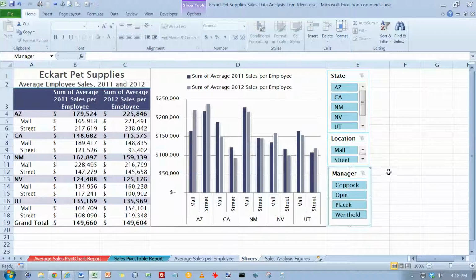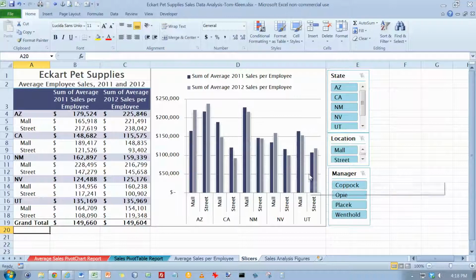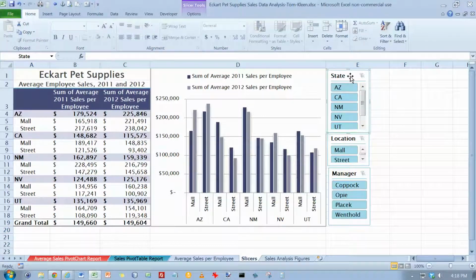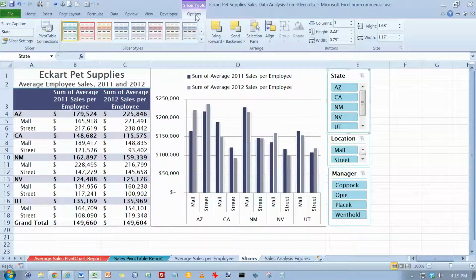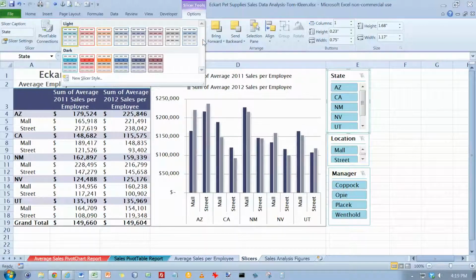Okay, now we're on number 2 on page 539. Select cell A20 to deselect everything, and click the state slicer, that would be this one, to select it. Click the More button. Let's go up here, and under our slicer styles gallery, click on More, which is the down arrow button, and we want